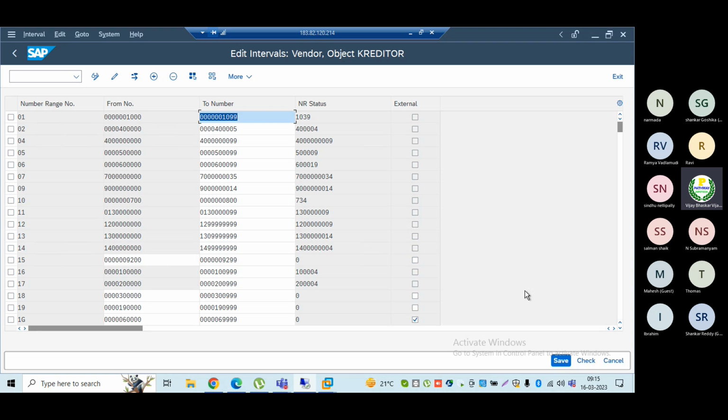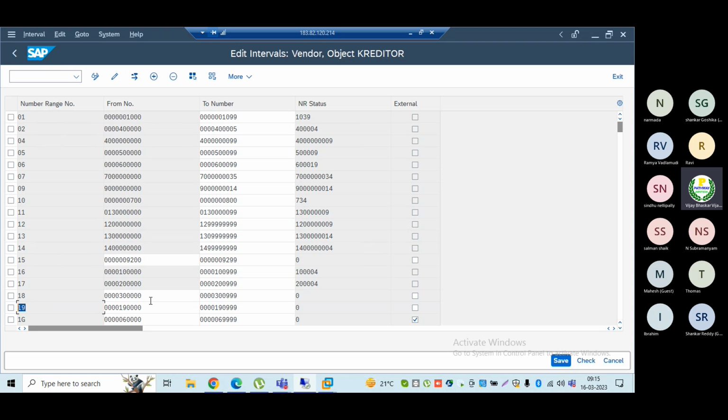Okay, 7 it is there. Which number is there that they haven't used? Okay, this is the number range which they haven't used. 18 it is there, 19 also it is there, but let us try to use the 19. If we start creating a new one, again it may overlap, so that is the reason I am using the existing one only. 19 I am going to assign to my BP.